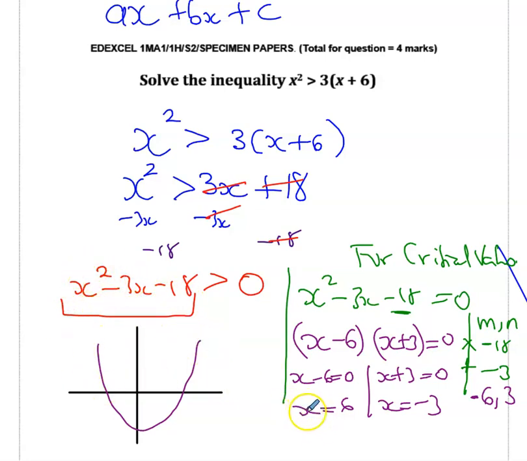And what we have, because the graph is crossing at 6 and minus 3, we can put that there, minus 3 and 6. So we are interested in values away from, to the left-hand side and right-hand side of our critical values. So that tells us that the x here will be x less than minus 3, because the values to the left of minus 3 will be less than minus 3, or x is bigger than